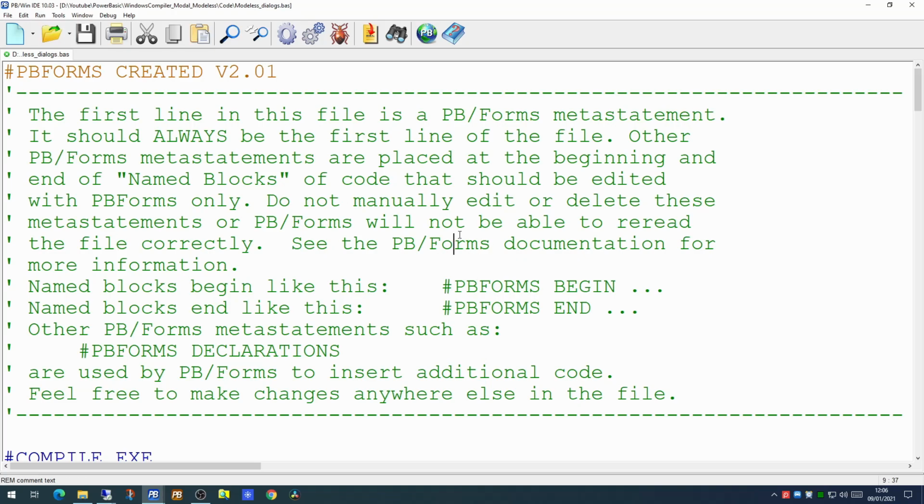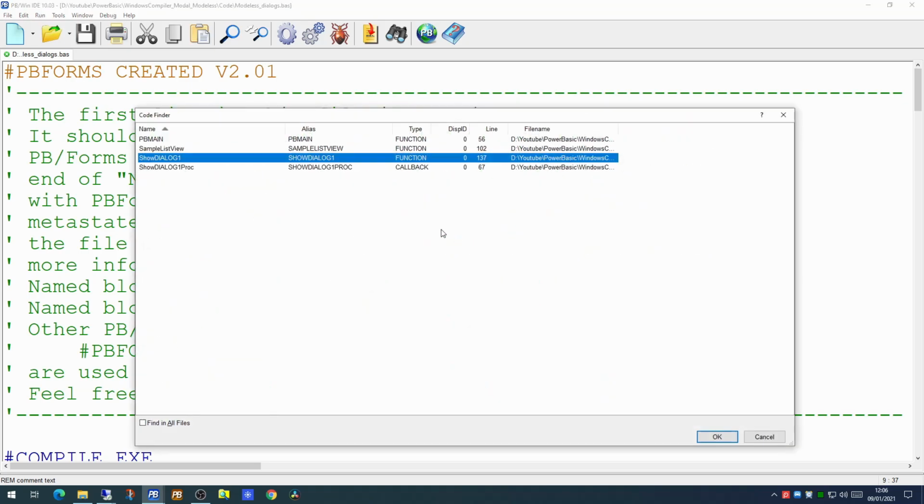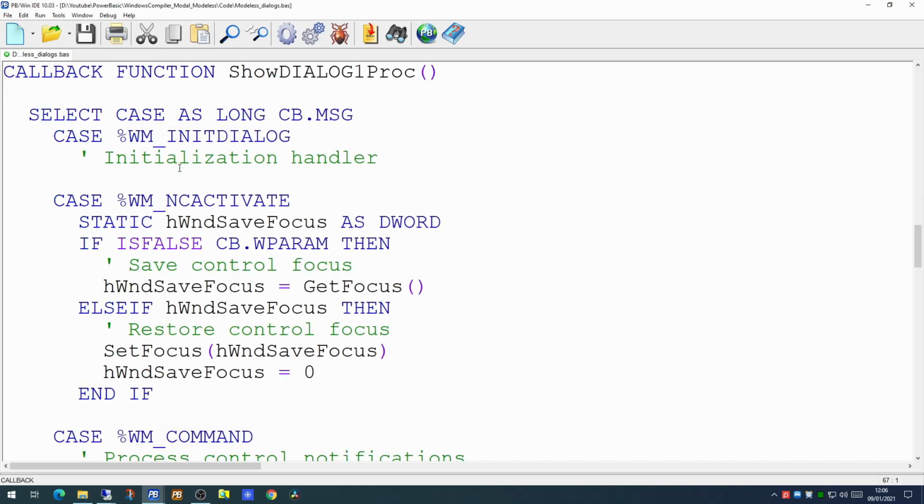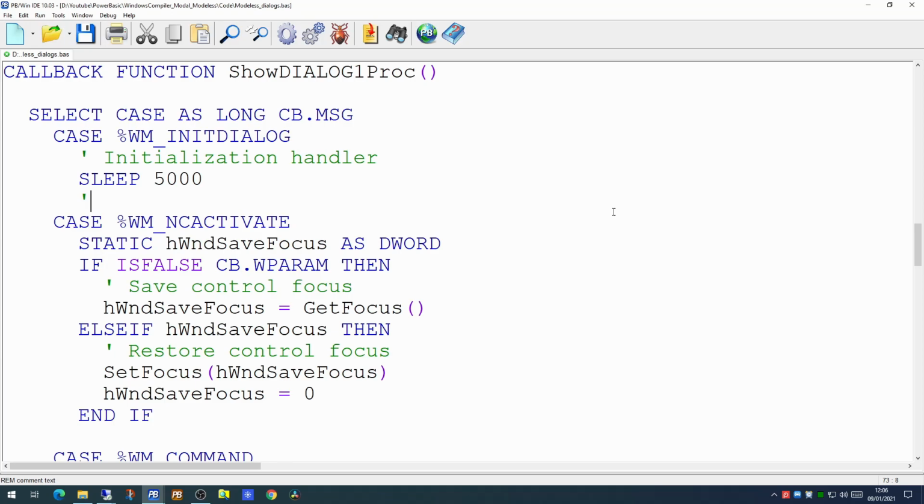If we have a look at the event handler for the dialog, in here there is an initialization section. This is where code will be executed when the form is being initialized, but before it's actually displayed to the user. We can put an artificial delay in here to simulate a delay of information coming back from a server. If we put a sleep of 5,000 milliseconds, 5 seconds, then the form will be delayed coming on screen by 5 seconds. So if we run the code now,